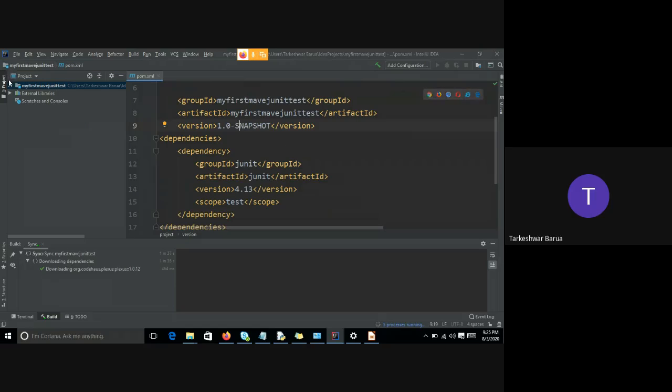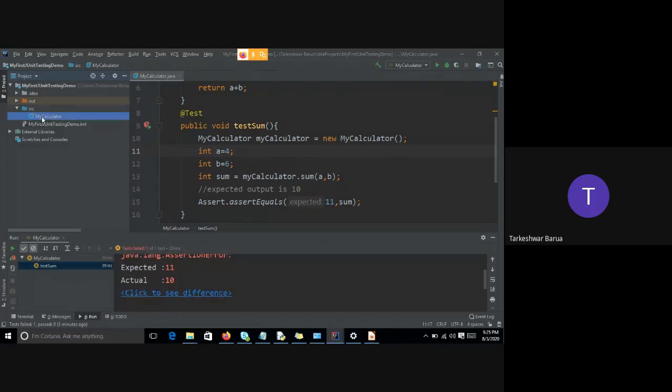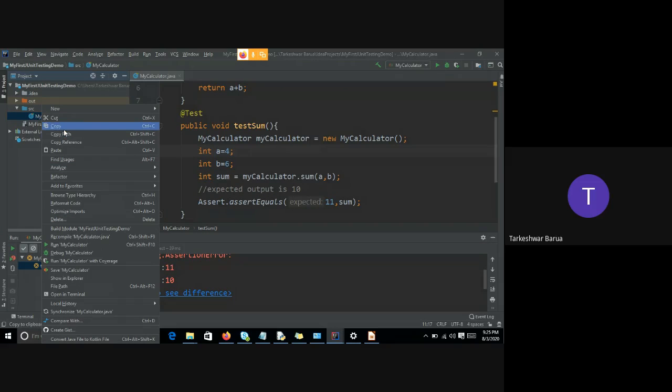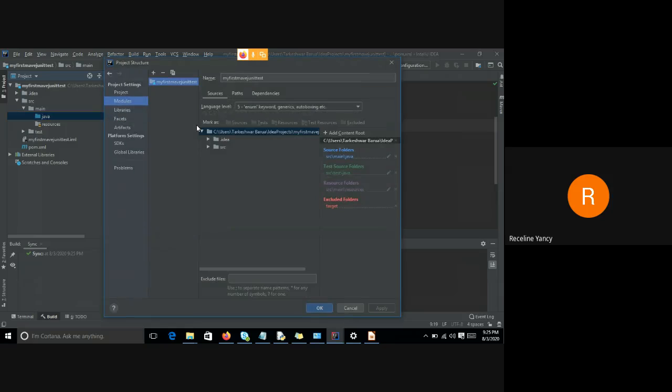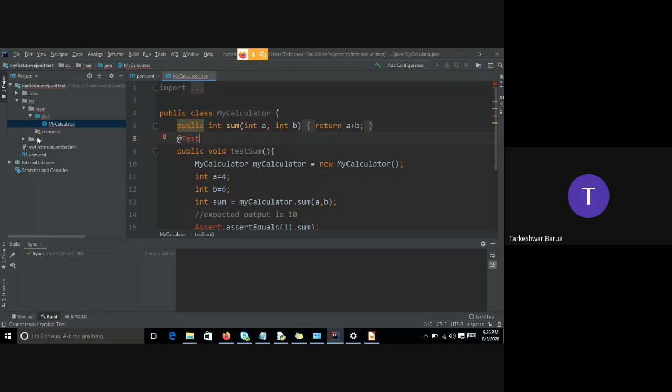So now what I'll do is copy the same class file so that I can directly copy and paste. That will help me to write test cases. So my test unit classes are ready.